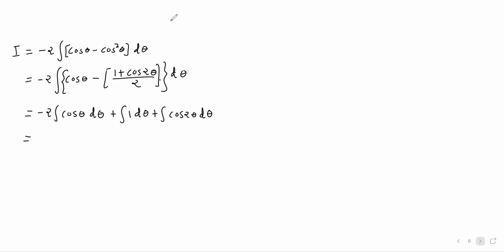Okay, both the terms are plus. So, minus, minus, plus. यहाँ से ही plus हो गया. So minus 2. वो आगे से देखना पड़ेगा. आपका ध्यान था? Minus 2. Integration of cos theta is